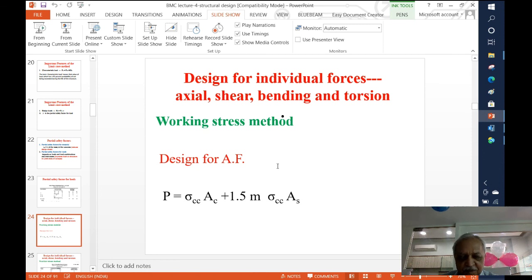I think maybe we will stop for the day and continue next time onwards, because we have to then consider more complex situations for designing it for shear, bending and torsion. I think the basic concept which I wanted you to see is only this, that you consider the basic theories of design: the working stress method, the ultimate load theory and the limit state method. Under these theories, of course, the design is carried out, and we will take simple examples wherein we will see how differently they predict the capacities in different types of forces and so on and so forth.